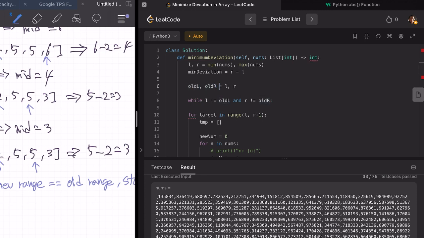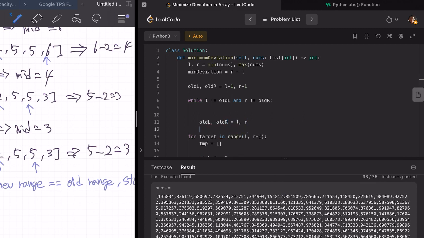So if we want to do this, we can actually just make the old L and old R to be different to begin with. Okay, so in the end, we're gonna have to assign the old L, old R to become L and R,